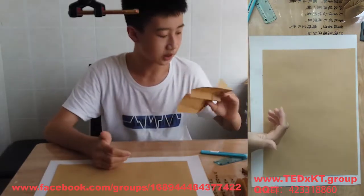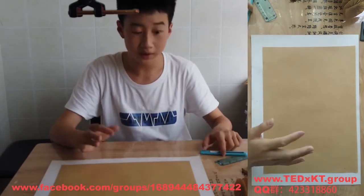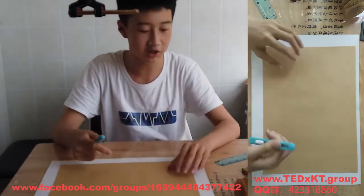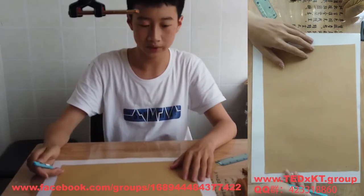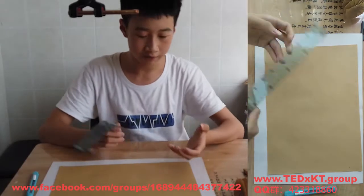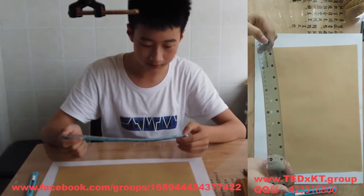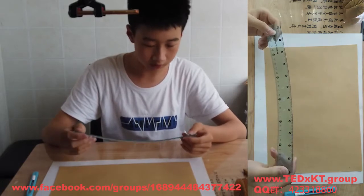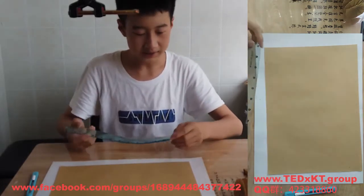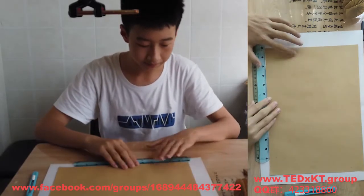In order to make this paper airplane, we will need an 8.5 by 11 sheet of paper. If you already have that, skip this part of the video, but if you don't, or you only have A4 or something, just cut a big sheet of A3 paper, or just do some math and divide it into equal pairs. I'll skip that part as well. Since I have a larger sheet of paper, I'll just cut it up into a